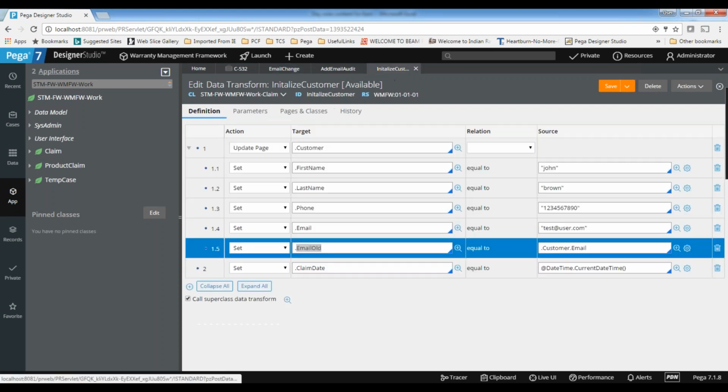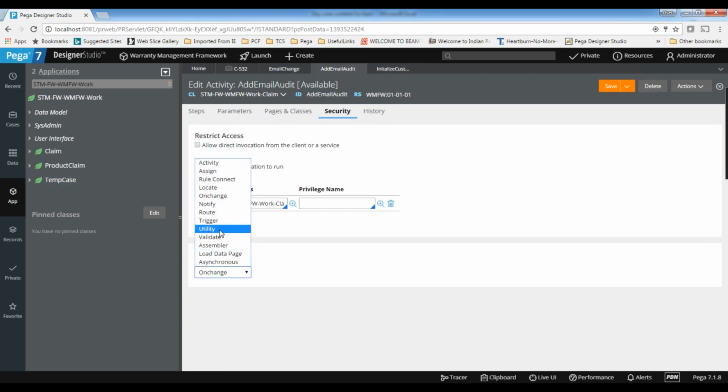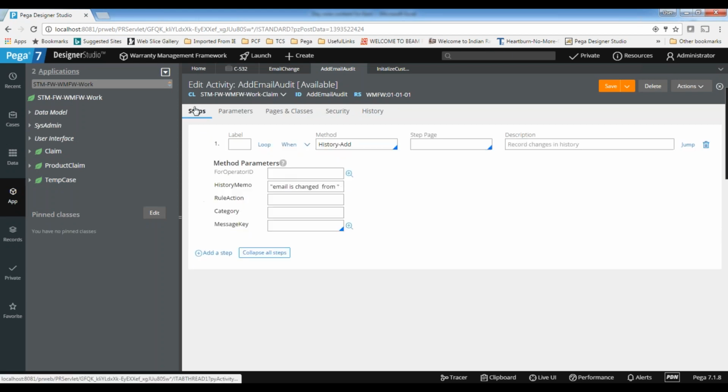For which purpose we are using the activity, you need to mention that. If you are using it for utility purpose, you can make it utility. If you are calling it for routing purpose, you can use routing. If you want it as a normal activity, you can use activity. Based on the purpose, just mention it there, and then run the case once again.